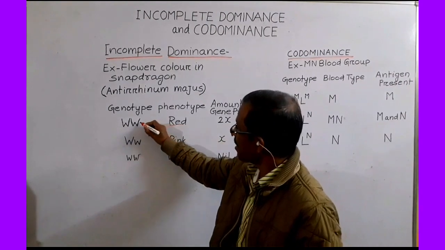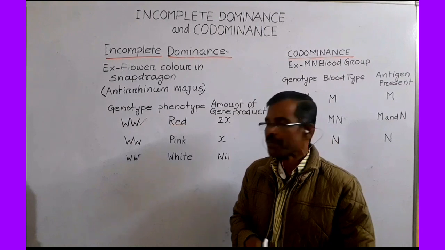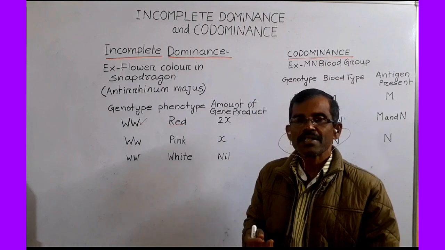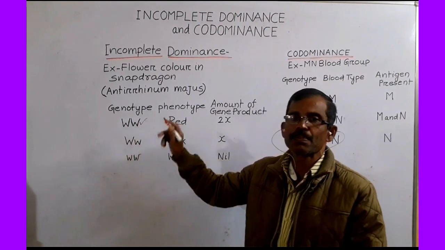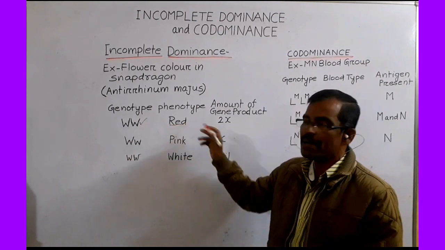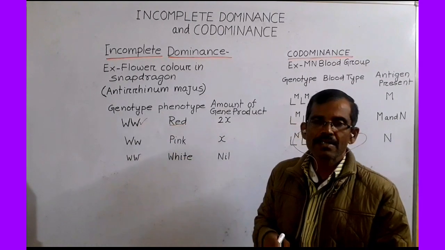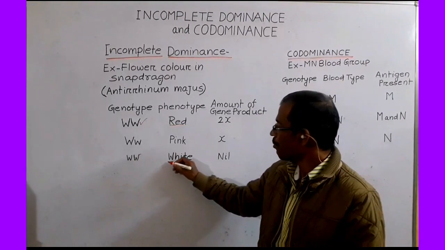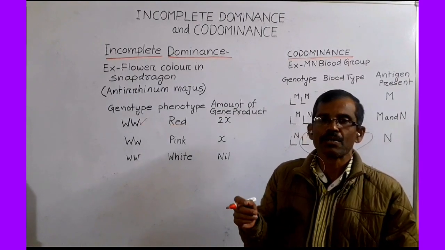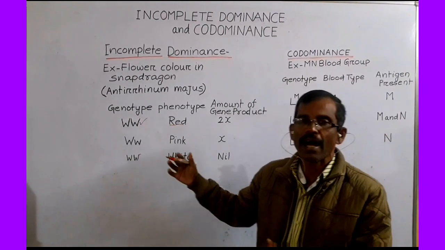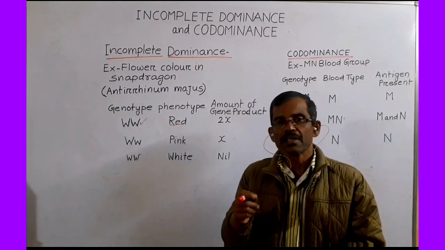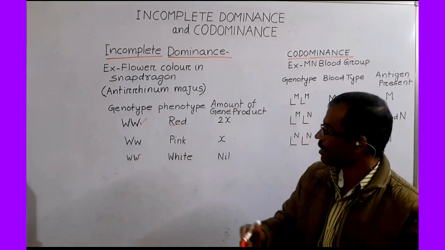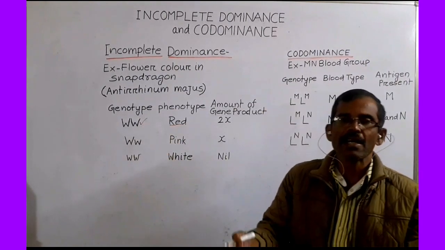One allele specifies red color and the other allele does not specify any color. So the plants which are homozygous for the allele that specifies red color will have red flowers, whereas the plants that are homozygous for the allele which does not specify will have white flowers, whereas the heterozygotes which have both the alleles will have pink flowers. This is due to incomplete dominance because in the heterozygous plant both the alleles are partially expressed, so the